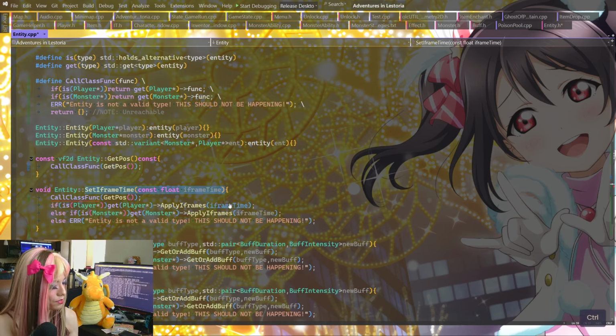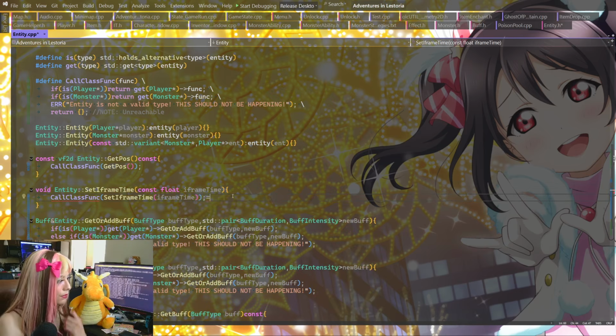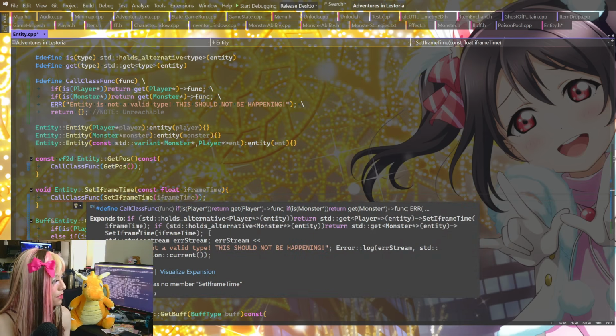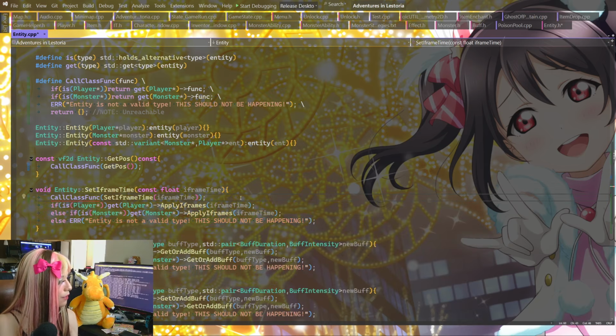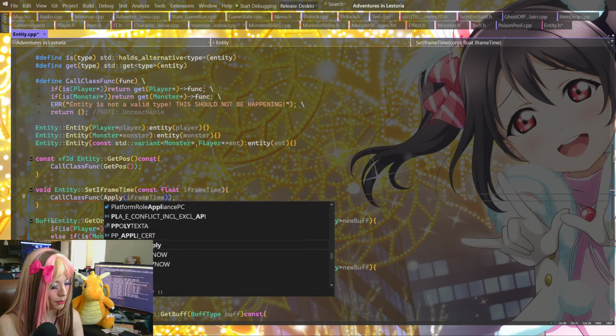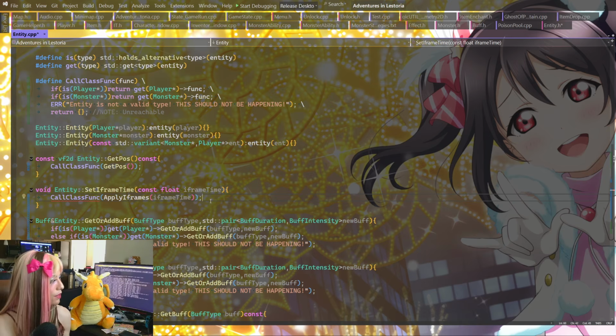Like, essentially just do this, but with iframe time here. For the most part, I don't have to do anything else, so that should be all I need to do, right? Looks like this one doesn't work, though. Player has no members set iframe time? Oh, is it different? Oh, it's apply iframes. Okay, I didn't notice that. But they both use the same function names, so the whole goal was to